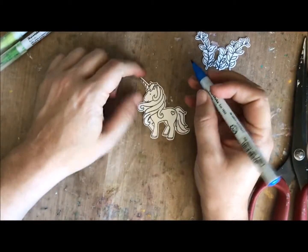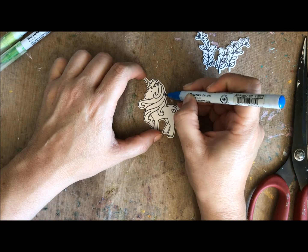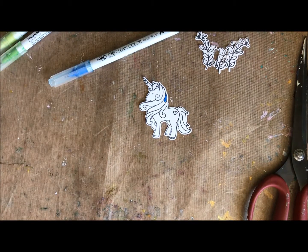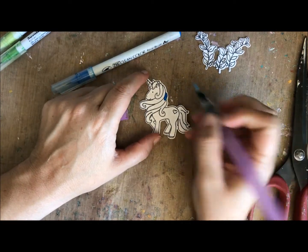So here's what we're going to do. I'm going to make an ombre maned unicorn. To do that, I'm using Clean Color pens. Absolutely not necessary. You could use any type of color medium you like, but I'm going to use Clean Color